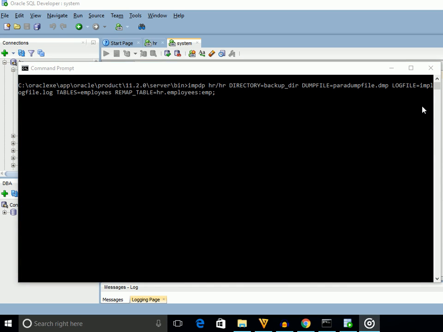After navigating to the bin directory, type IMPDP, username/password, provide directory name we created in export tutorial, dump file name from which we would import our data, log file that would log this process, tables, list of tables we like to import, and they should exist in dump file we are importing from. Here we are importing table employees from the dump file,